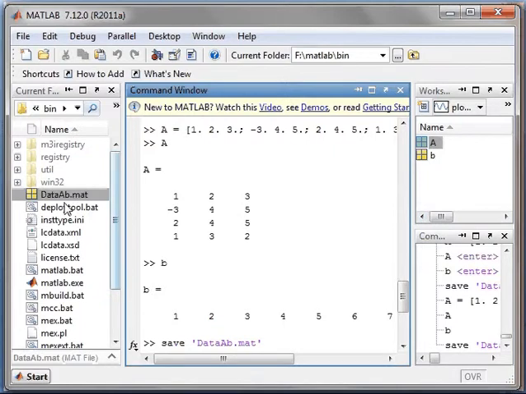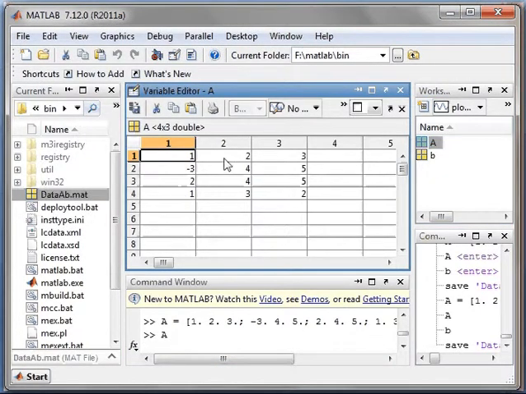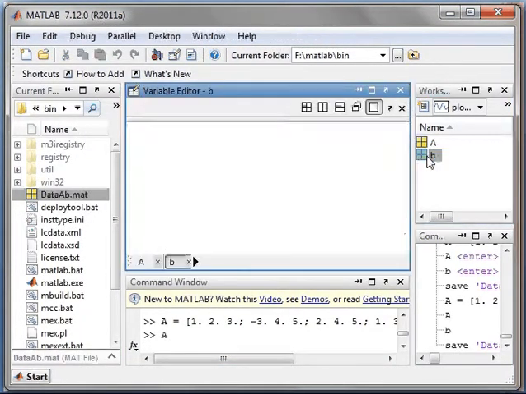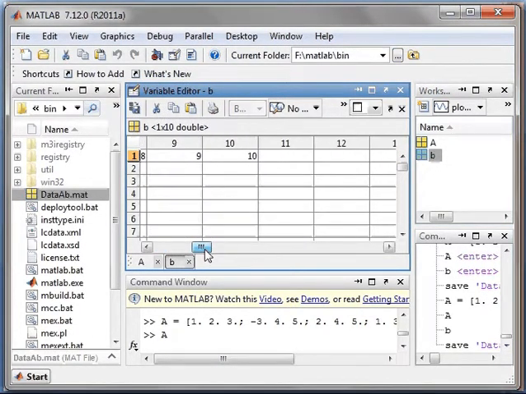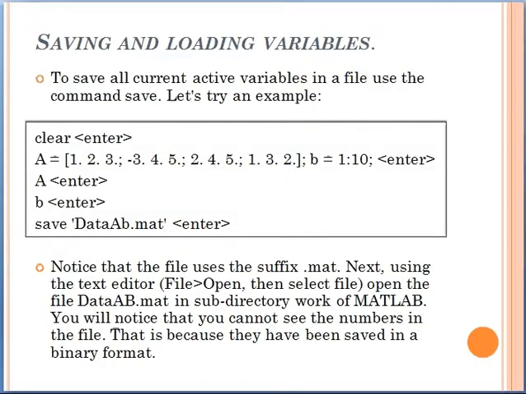Okay, here you can see the file is saved by the given name data ab.mat, and here the values of variables A and B you can also see. In Excel it is giving me the value of A and the value of B till 10. So to save all the current active variables in a file, use the command save and give the file name with the .mat extension.